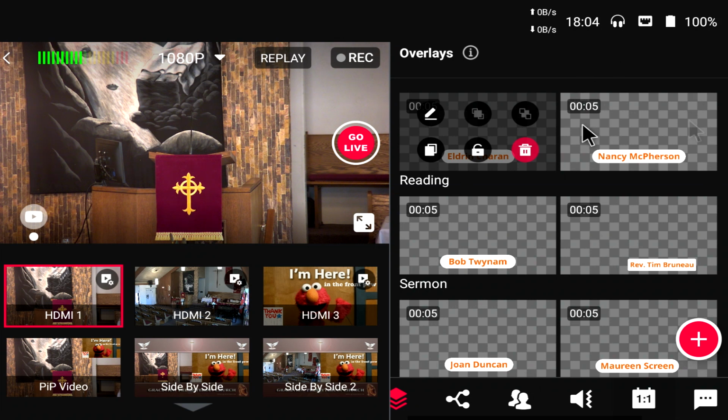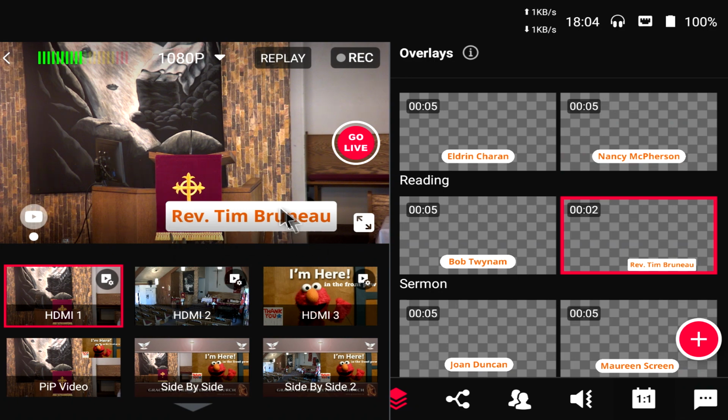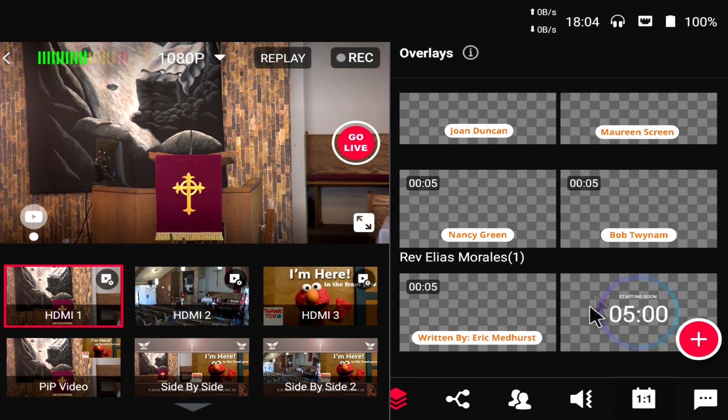Okay, so this is how you use the names. Remember that these curved ones are the regular people. We'll also name these later on, like reading, sermon, all this. And the reverend or whoever is reading the sermon will be in this more boxed shape overlay in the bottom right corner. Now, if you scroll all the way down, there's this countdown that we have set. This will show up maybe 5 minutes prior to when the service actually begins. So we're now starting to stream around 5 to 6 minutes before the church service starts, so we can show this